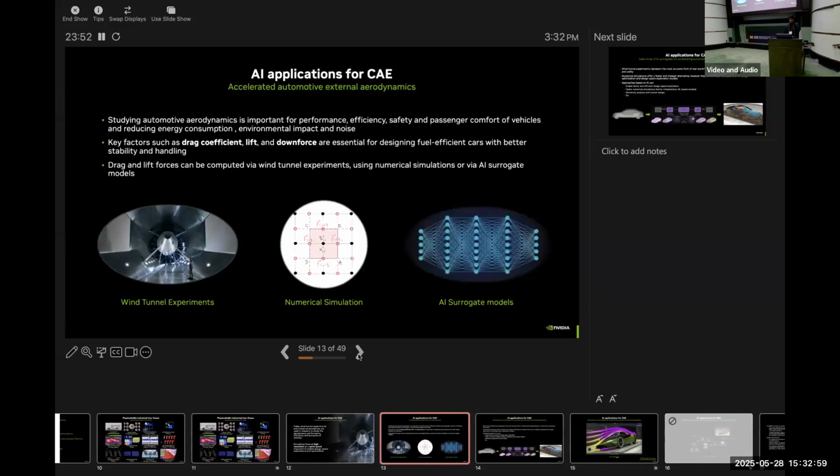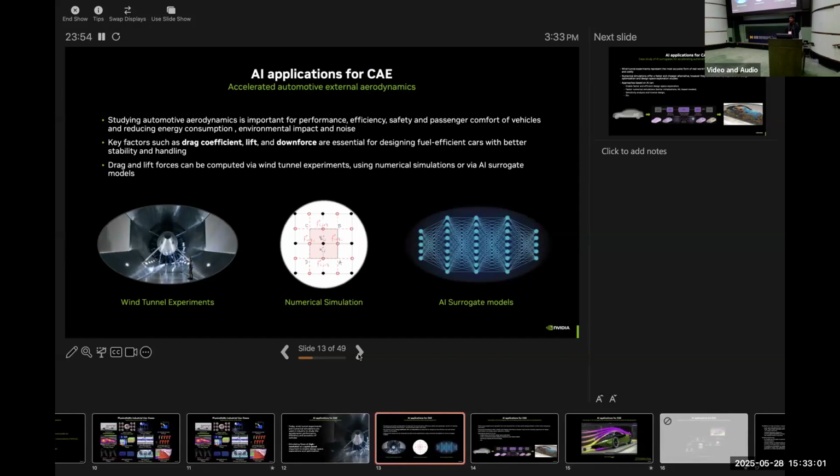As I was mentioning, typically this is done through experimental analysis and numerical simulations. People like to study things like lift and drag forces on the car, which tie into the performance of the car: the energy efficiency, the noise levels, harshness levels, safety and stability are all tied to some of those factors.